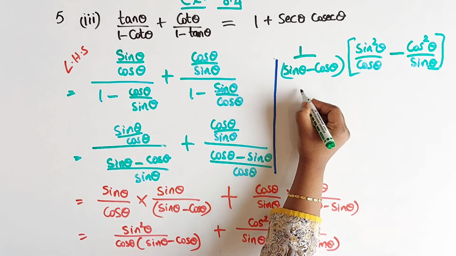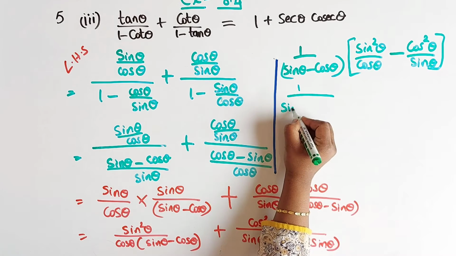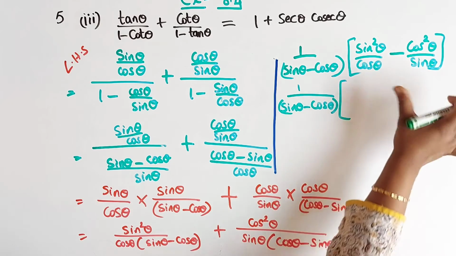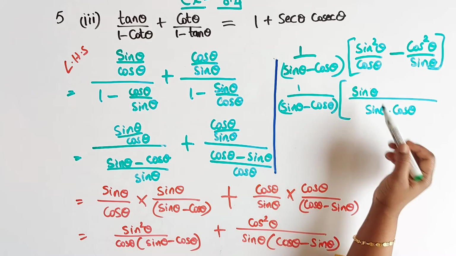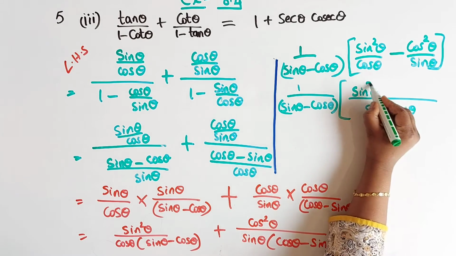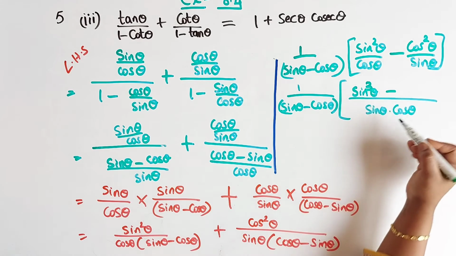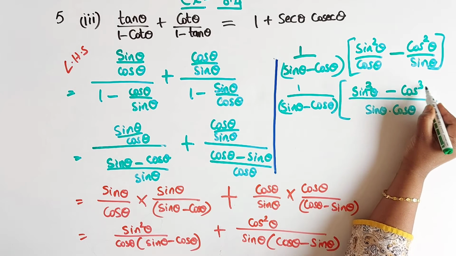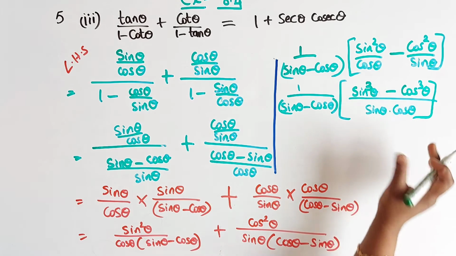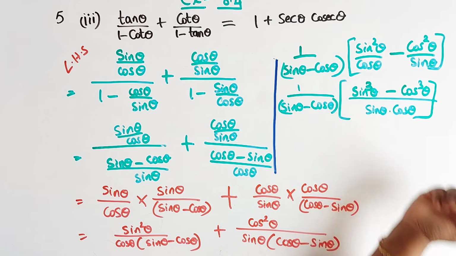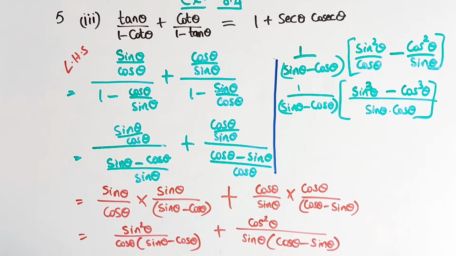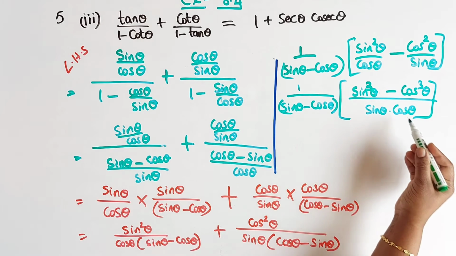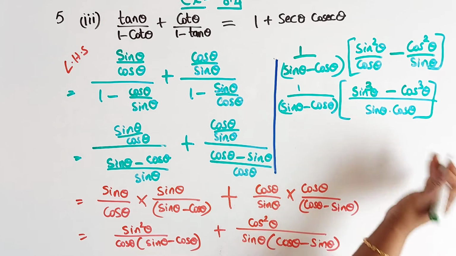Right, children? So this is 1 by sin theta minus cos theta, as it is I am writing outside. Now we'll solve this part here. Sin square theta into sin theta, that is sin cube theta, minus sin theta already here, so cos theta into cos square theta, it is cos cube theta, children. Right? Now see, this is like the a cube minus b cube formula. Correct, children? That is a minus b into a square plus b square plus ab, children. You know the formula, right?